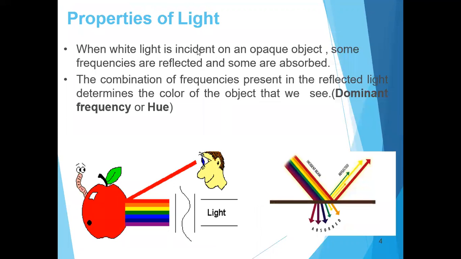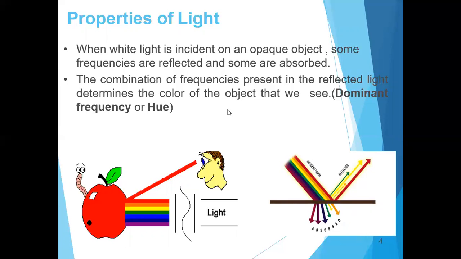Coming to the properties of light. Whenever light is incident on an opaque object, what happens? Some frequencies are reflected and some are absorbed. When white light is incident on the object, some is reflected and some is absorbed. The combination of frequencies present in the reflected light actually determines the color of the object